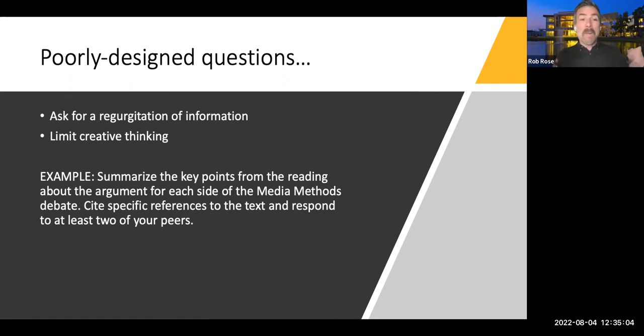And this might make for a good assignment or a journal entry for students to complete. But again, once someone has hit the main points, the key points from each side of the argument, what is there for us to talk about, right? Then that's an example where my response becomes, I second what John said, right? He said it perfectly, right?